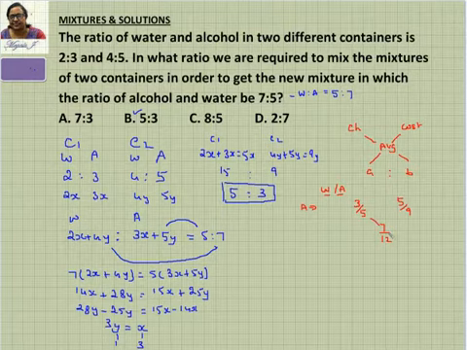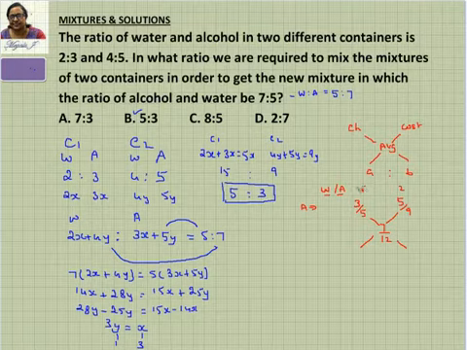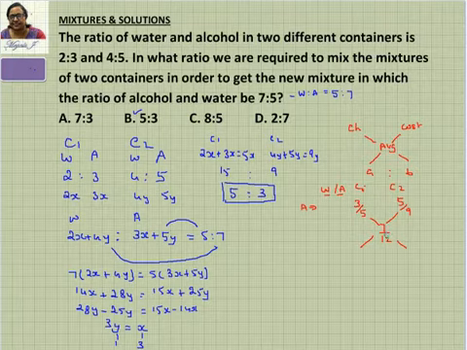After writing this, I need to take the difference of these two here and the difference of these two here. That is going to give me the ratio of these two contents. This is container 1 and this is container 2. Okay, so I am going to get the ratio of these two here. But the thing is, the fraction is so weird, you can't just take the difference of these two and write, and the difference of these two and write here.